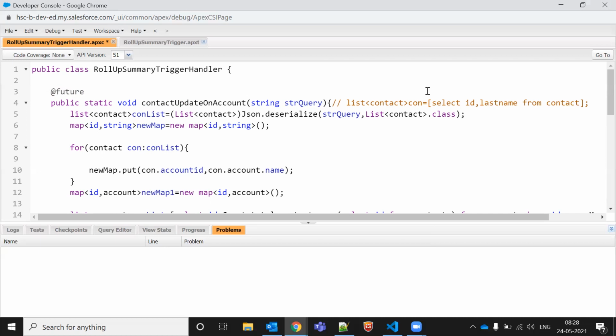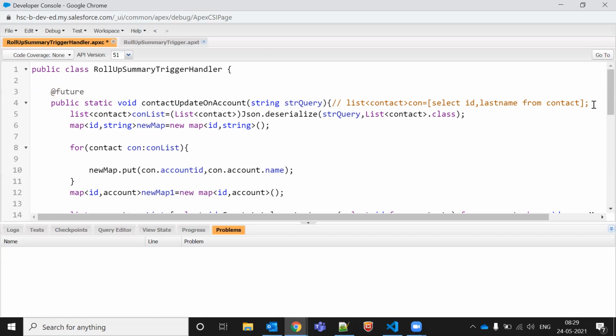Someone comes and changes the records, and we have implemented a condition: if last name is Amarjit, then it should be updated. Someone comes there and changes Amarjit to Kumar. Then this future method will not get to know which record it needs to update now. In the middle of the process, if it is not completed and someone changes the records, then the future method will be confused. What should I do now? Where should I go?